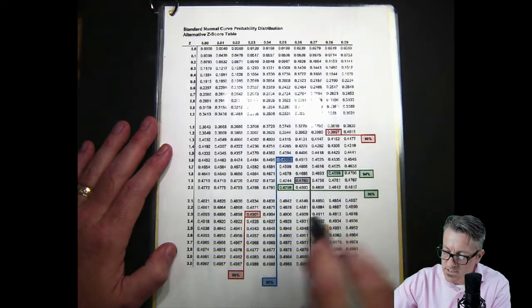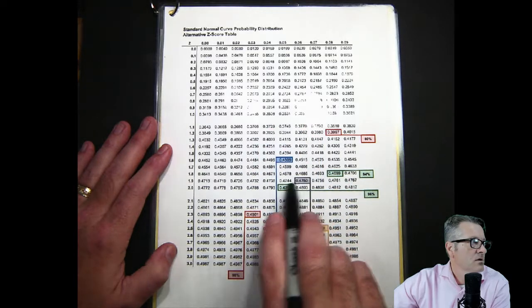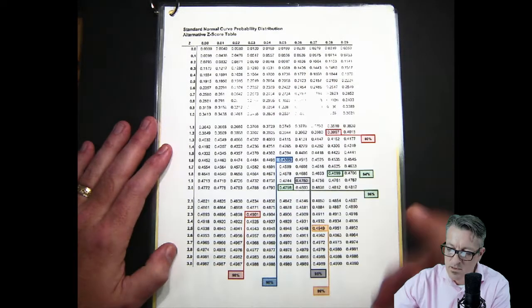What we want is the z-score. The z-score ends up being a little hard to see, but it's 1.9, and then we go up, a little reflection off of this, it's 0.06, so it's 1.96.